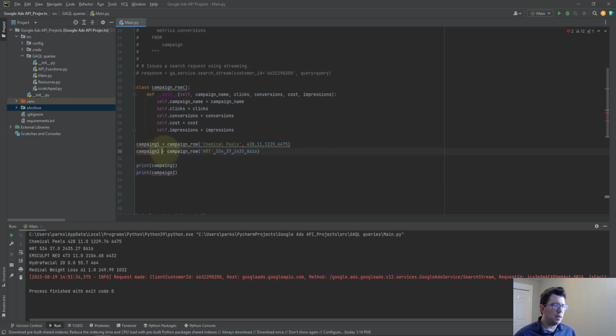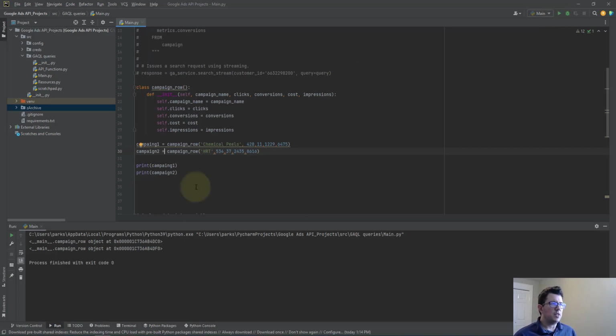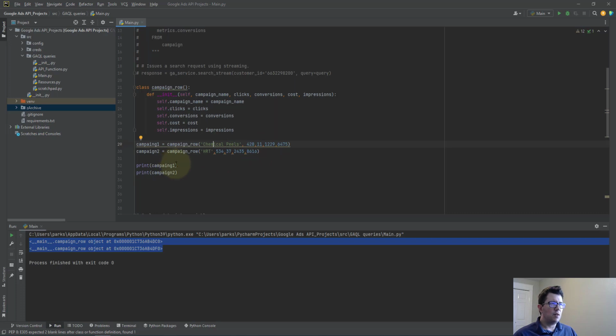oh, I made a simple error here, that was my mistake. So campaign2 equals campaign row HRT. So if I print them, I should just see that they're objects, right? I don't see the information in them, but I see that I now have two objects with some information in them. So the way I can actually access all of this information here is I can